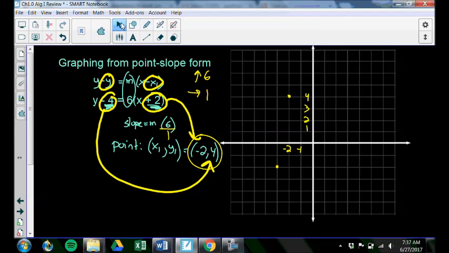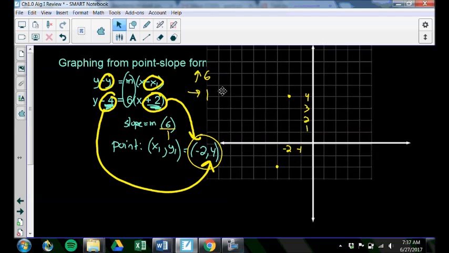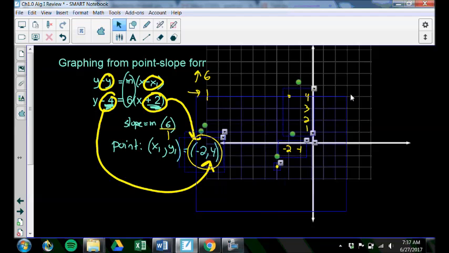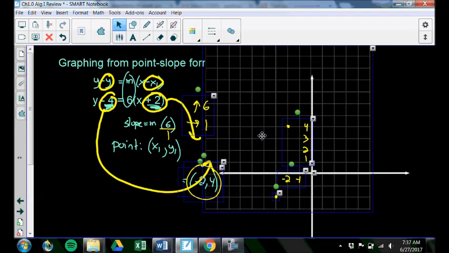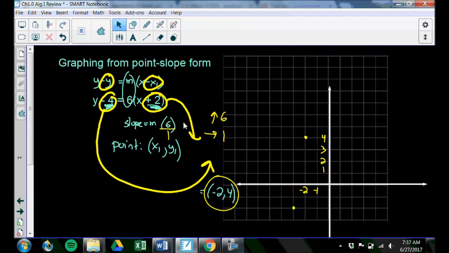What I could do is just take everything and slide it up or down just a little bit. Like I could even just move all my dots like this. Just move my grid around. And this will give me enough space, hopefully, I can grab it all, not drag it all down. This will give me enough space to go up 6 more and right 1 more. So it's a very, very steep slope, very positive slope,